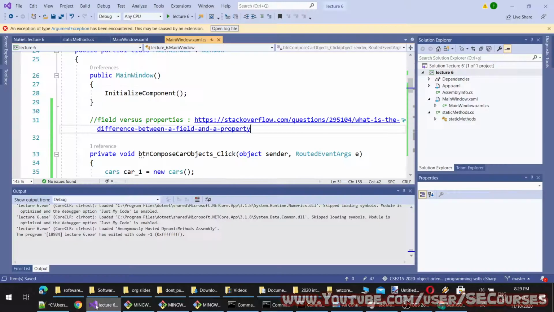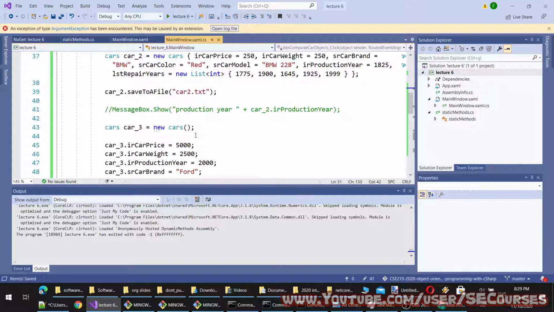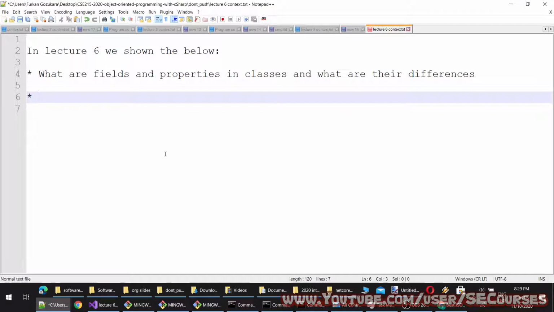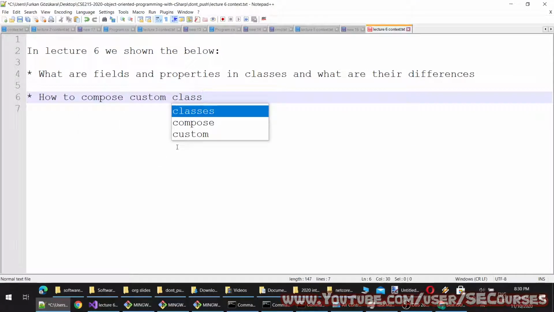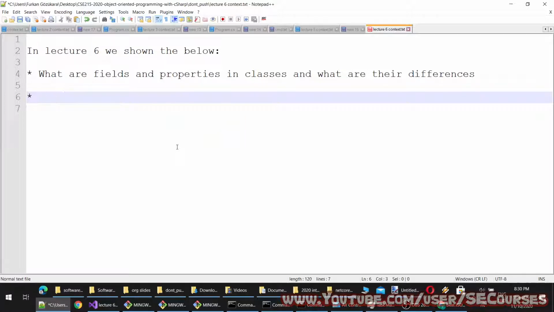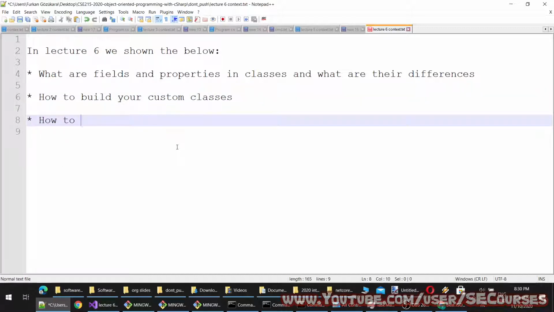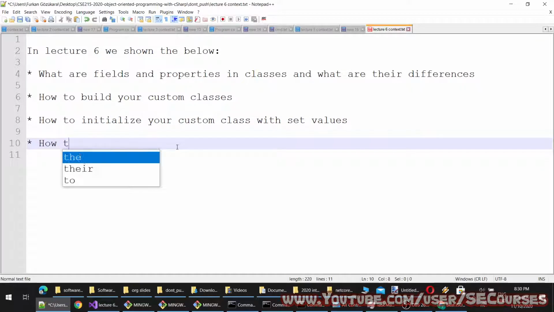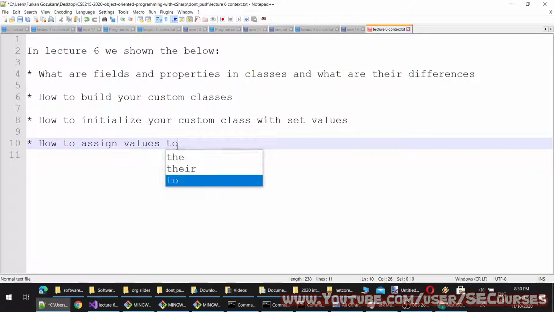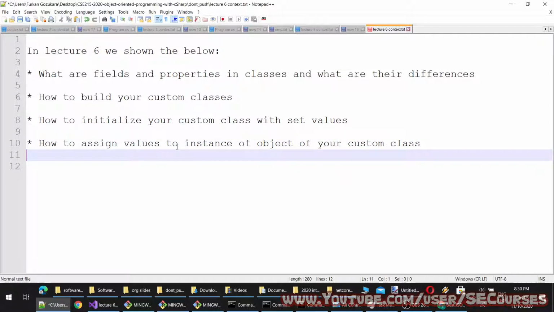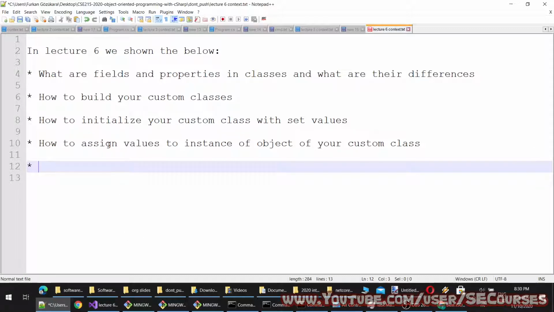Okay, what else? Let's say how to read set values. Plus how to assign.